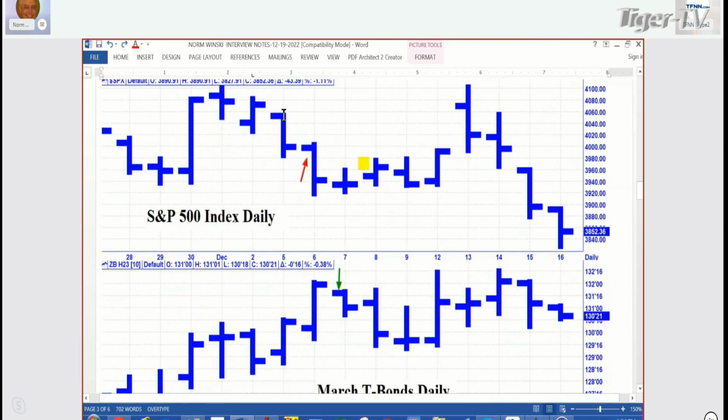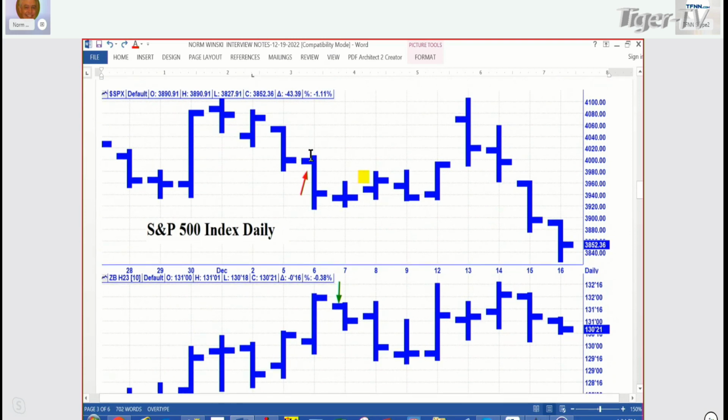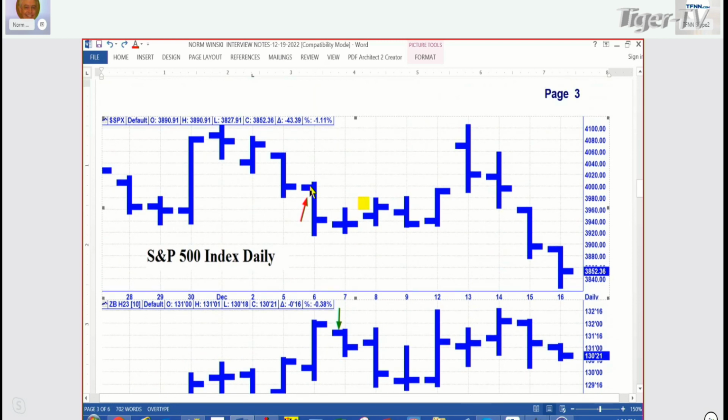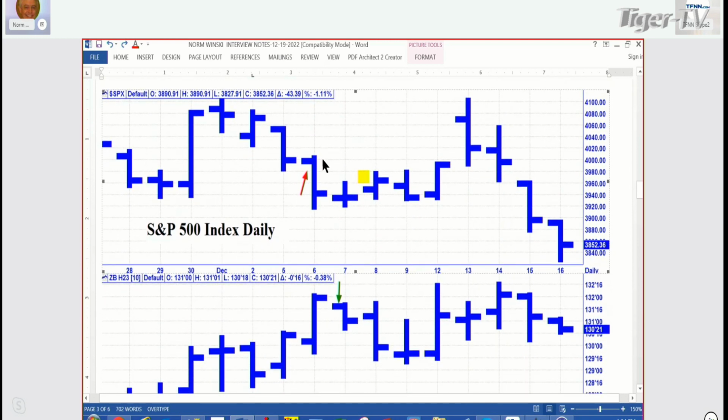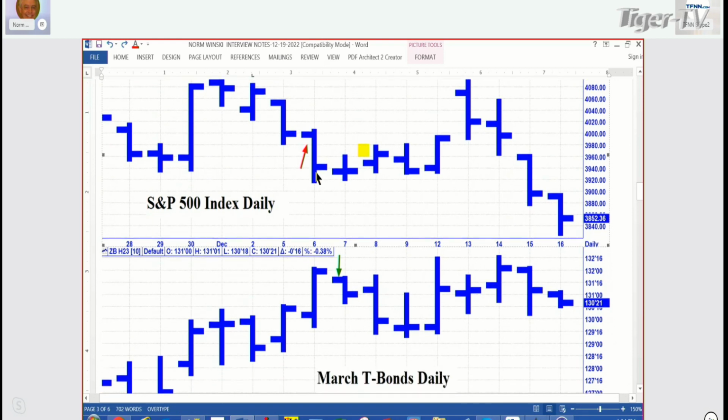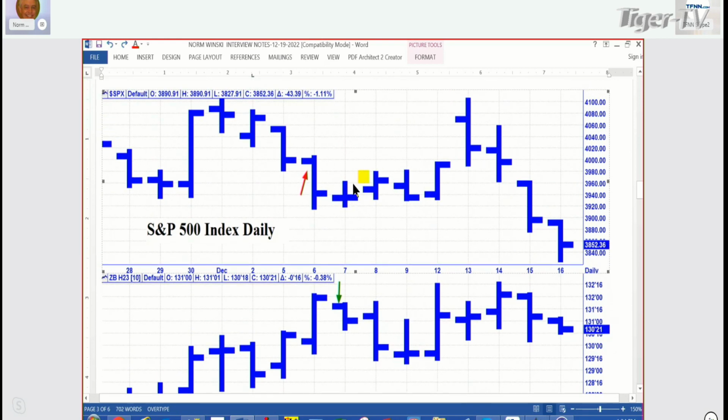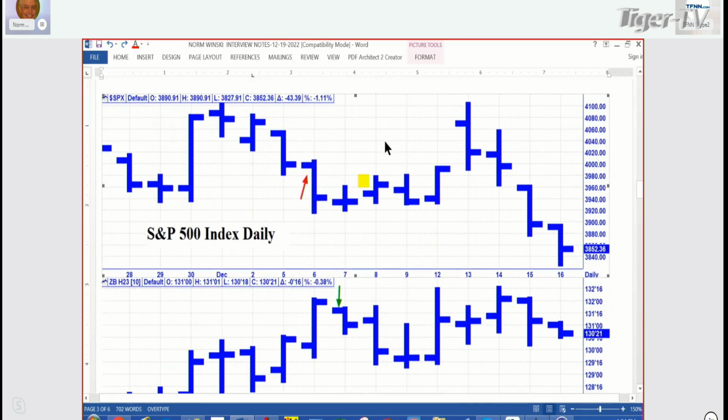Here's the S&P. That was a miss there. It kept going down to the low bar. Oh, I know why I marked that as a miss: because of the huge volatility. That's about an 80 handle drop there. I don't think you want an 80 handle drawdown. So that's a miss. Had a low bar there, but the bar was just too big, too much risk. And then it was just going sideways here, so we took a pass.